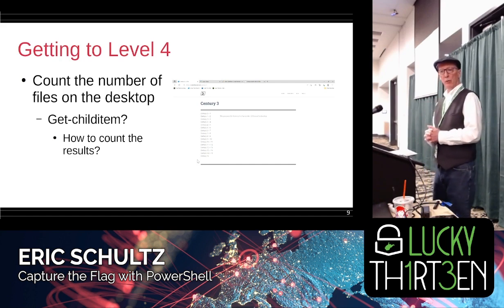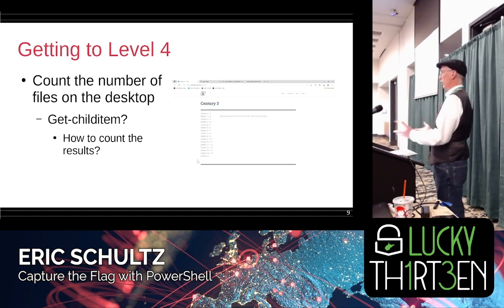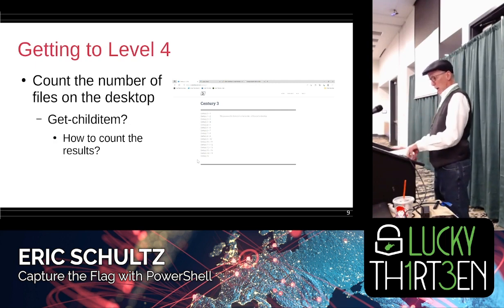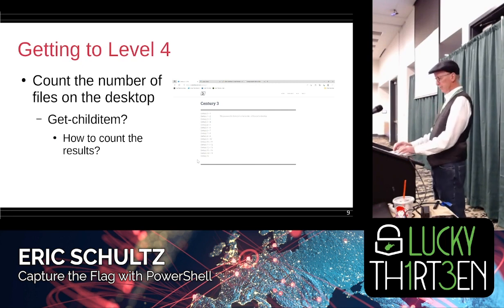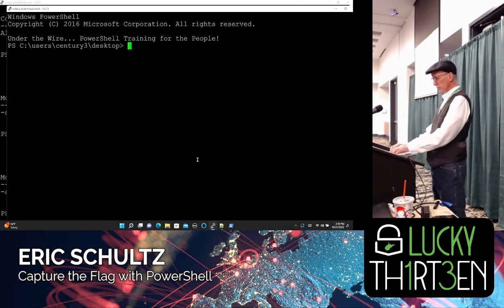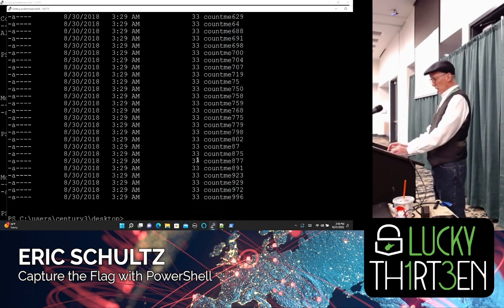But I think this is a good time to mention some of the internals. PowerShell likes to work with things in objects. I think everybody has heard of objects, object-oriented languages and object-oriented operating systems, but PowerShell likes to work in objects. So objects often have properties. I have no idea if there's actually 875, 972, 996. Doesn't matter. What I can do